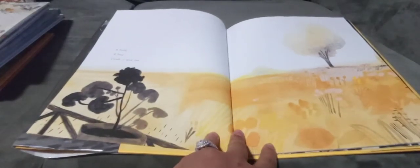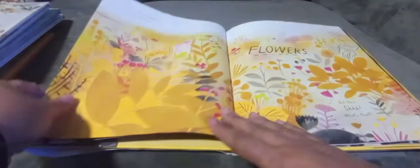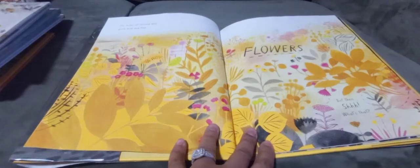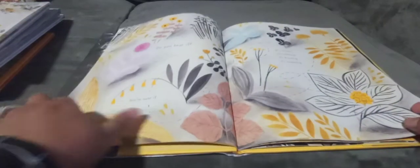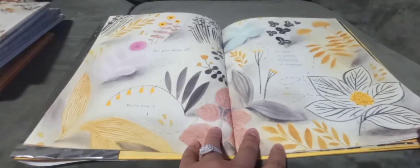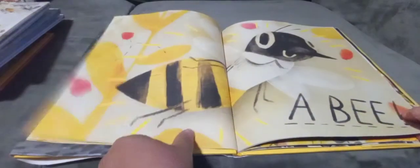A field, a tree, a clime, and sea. For a mile all around you grow wild and free flowers. But then, shh, what's that? Do you hear it? Shh, you are near it. It's closer, it's coming, it's buzzing, it's humming. A